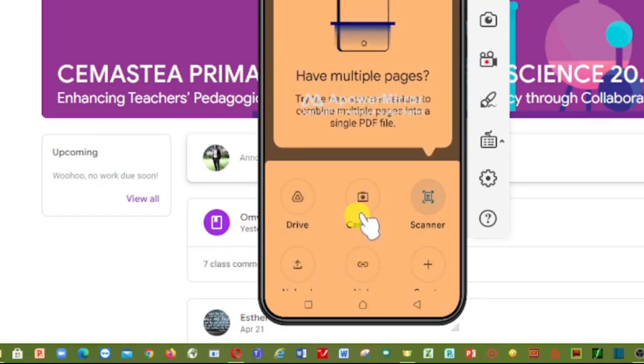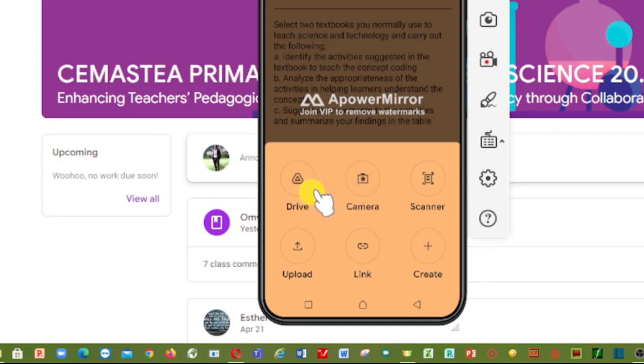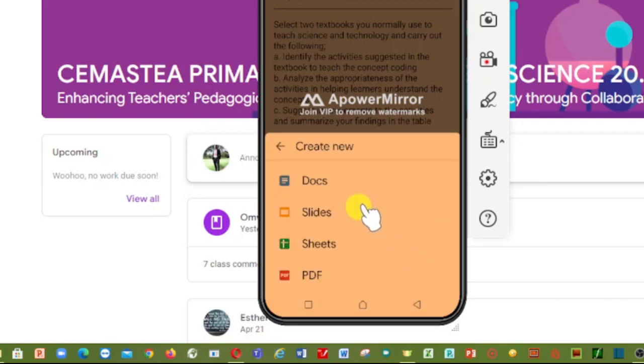When you click on add work, it's going to ask you, where do you want to add the work from? Is it in the Drive, that is your Google Drive? Is it from the camera, scanner? Do you want to upload? Do you want to give a link? If, for example, you had prepared it on your YouTube channel. So you come to click create if you want to create a document instantly, and therefore